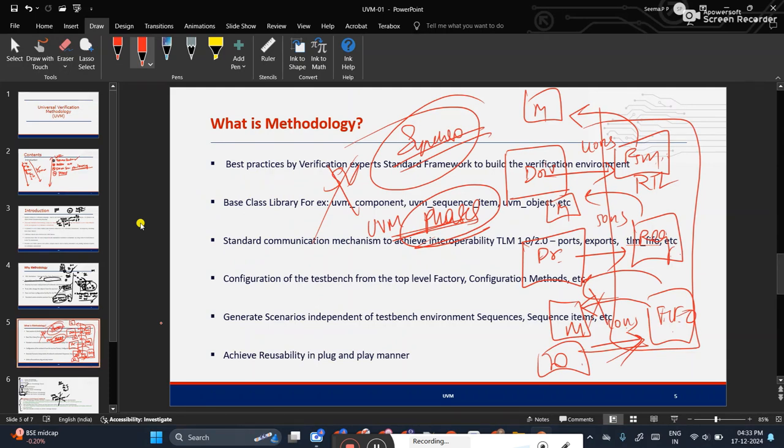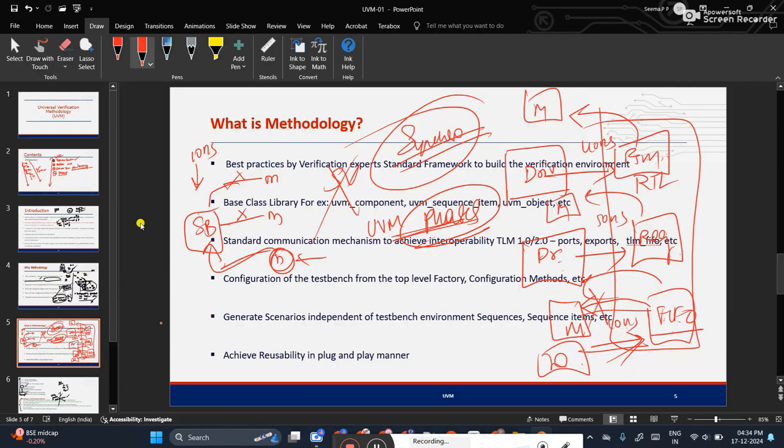As soon as I send the stimulus, once the simulation is completed, immediately I will get the output. But if that is the case, just imagine I have three monitors. All the monitors have to send the data to the scoreboard, then only the comparison will happen. Correct na? Now, if FIFO completes its work, FIFO will send the output to the output monitor. The output monitor will send the data to the scoreboard. Now, at this point of time, at 10 nanoseconds, the scoreboard has only one data. I still didn't receive these two data. Correct na? Then how will it do the comparison?